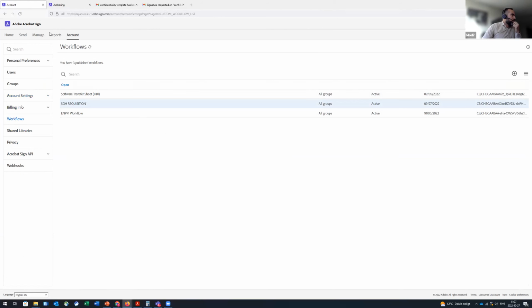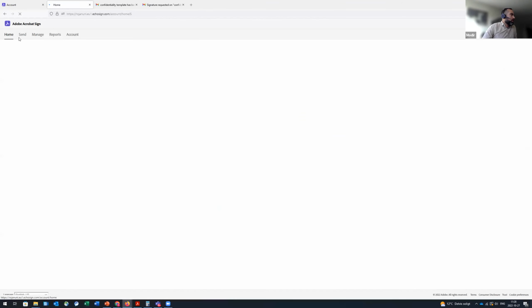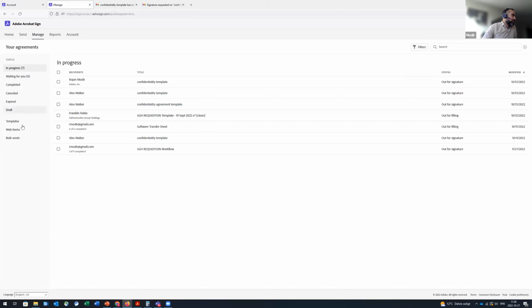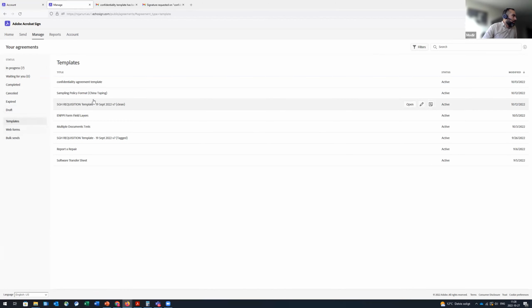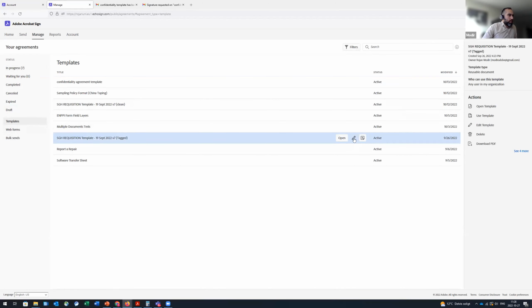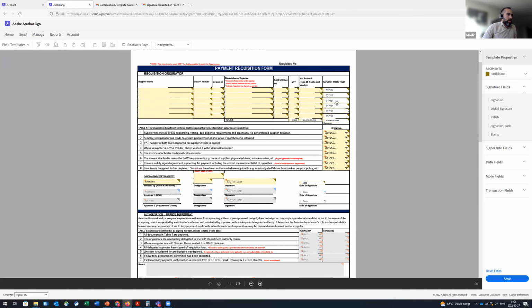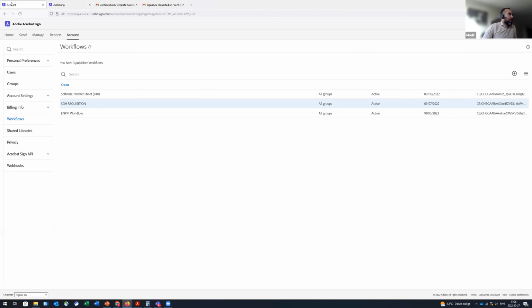This one perhaps. So before we go into the workflow, I will show you how the document itself looks. So in this workflow, it's a requisition form that needs to be filled out. I have pre-prepared a template on this document, and it looks like this. And yeah, so I prepared this document with different fields, some calculation fields, as you can see here, some drop-down menus, different signers for different scenarios. And if we go to the workflow and look at how that looks,